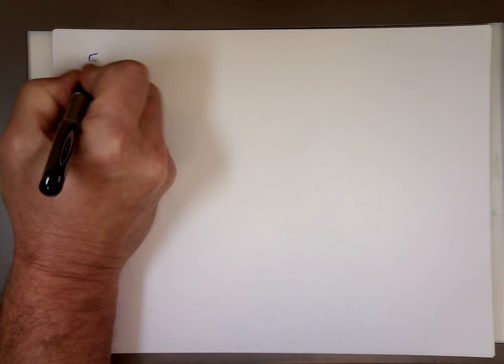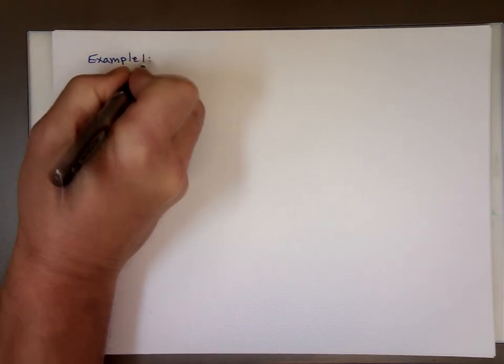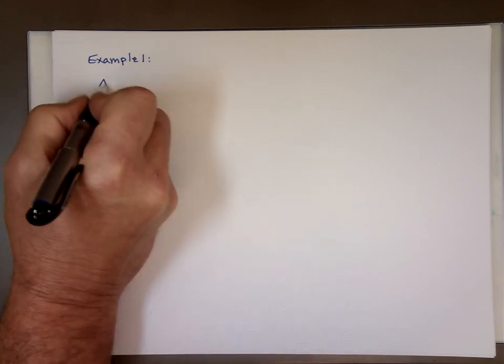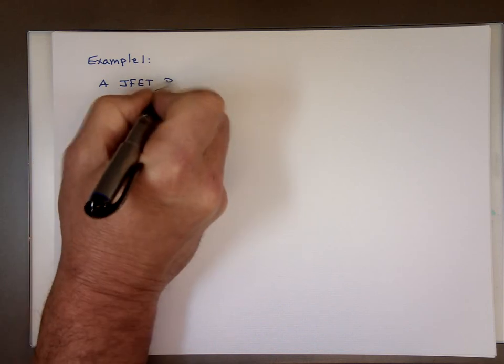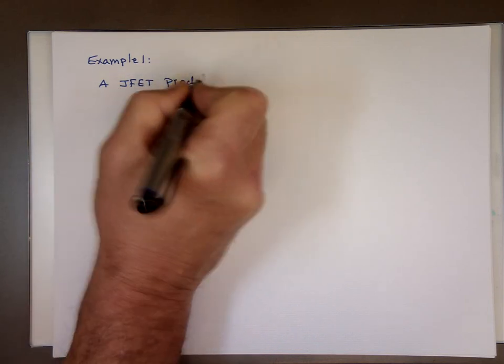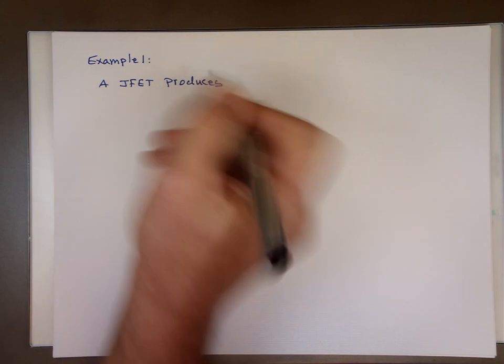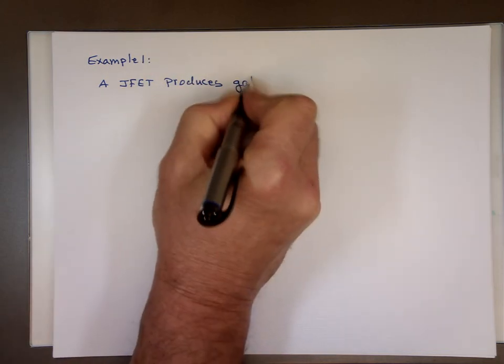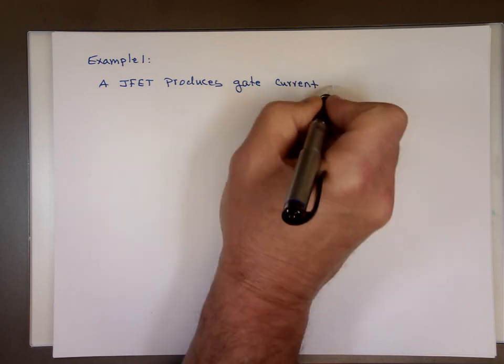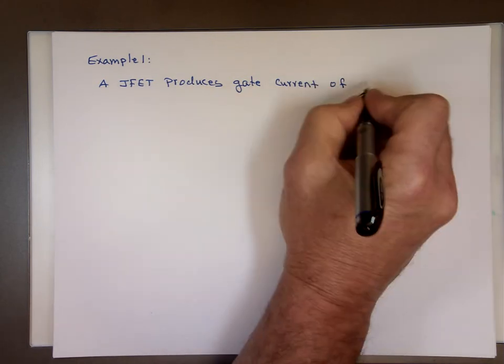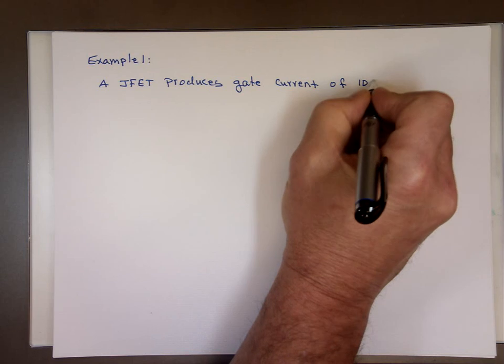In this video, actually, we're going to do a few examples using JFET. So let's take example 1. Let's assume we have a JFET that produces a gate current of, I don't know, 10 nanoamps